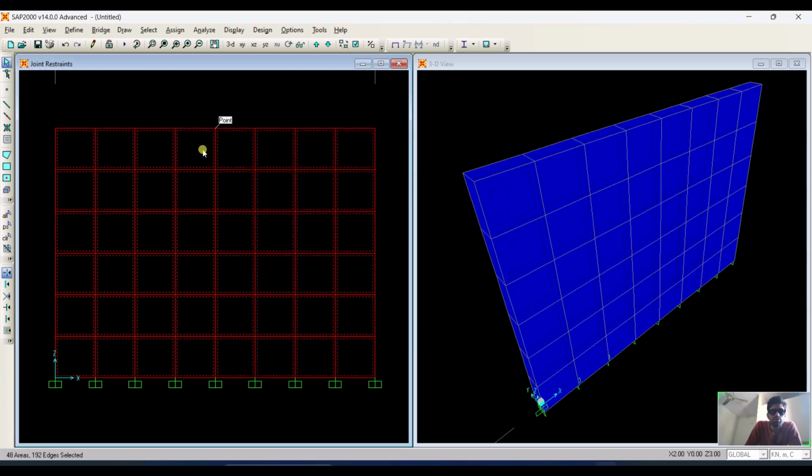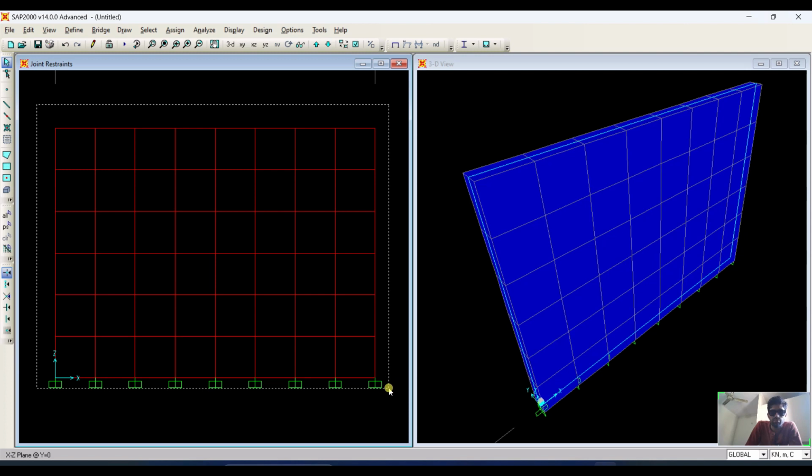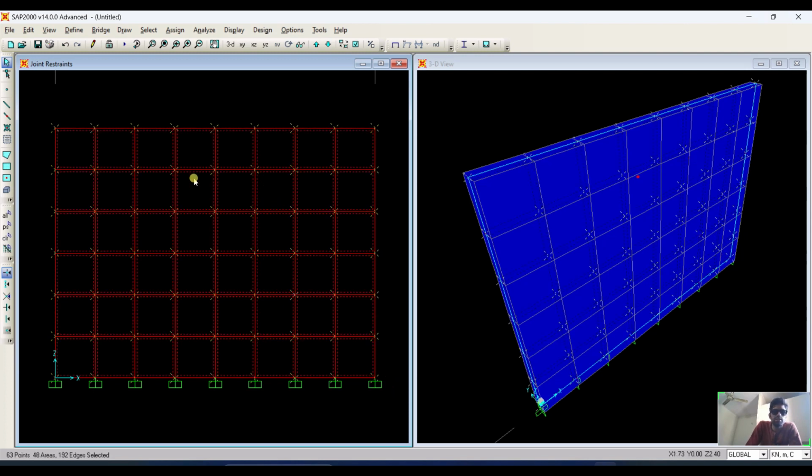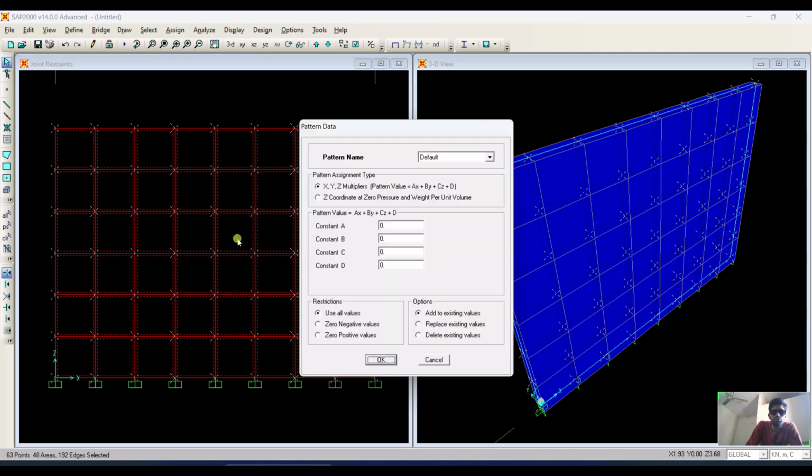So frames, joints, materials, tendons, area, link property. So actually we don't have link property, so we will select like this from our window. If we select like this, these joints are already selected, the meshed joints are already selected. So we will go to Assign,